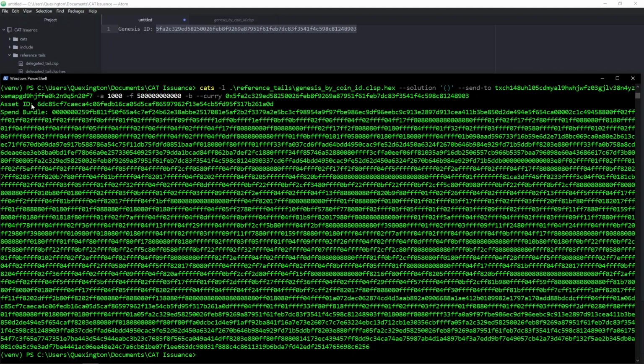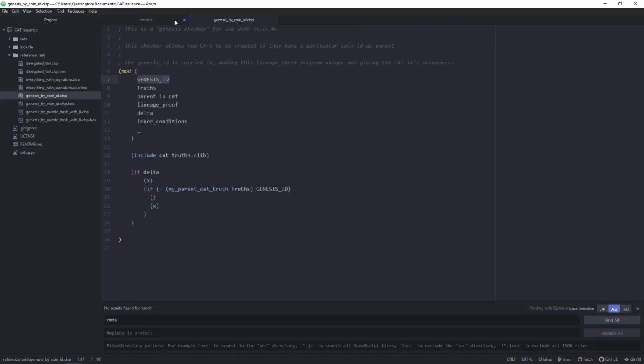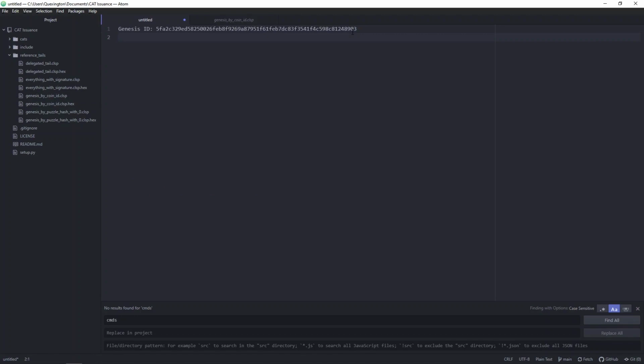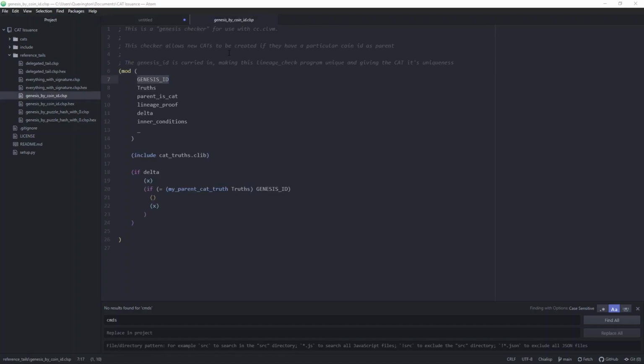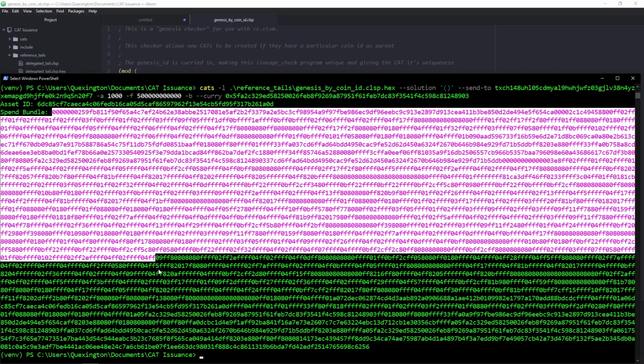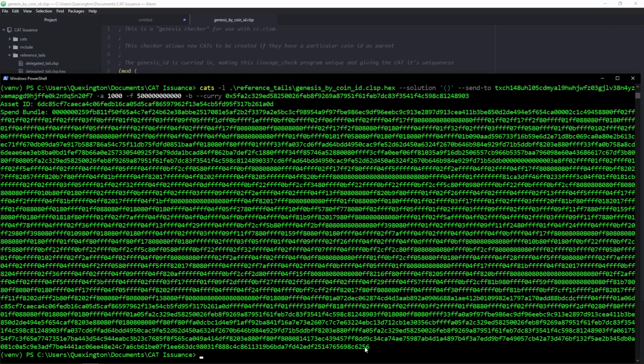The first value here is pretty important to take note of. Once you mint the cat, this is your asset ID. This is how you tell people that your cat exists. This is how they add it to their wallet, and this is how you're going to add it to your wallet as well. So let's take note of that as well. All right, so we have our asset ID, and then we're going to copy this big giant spend bundle wall